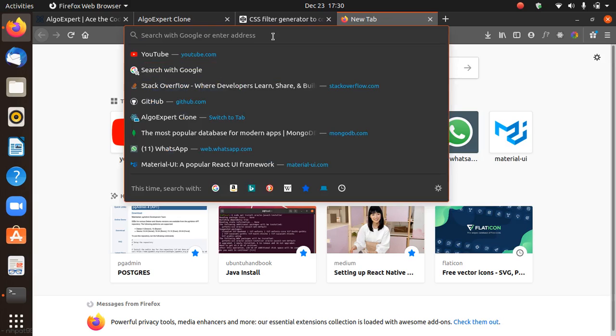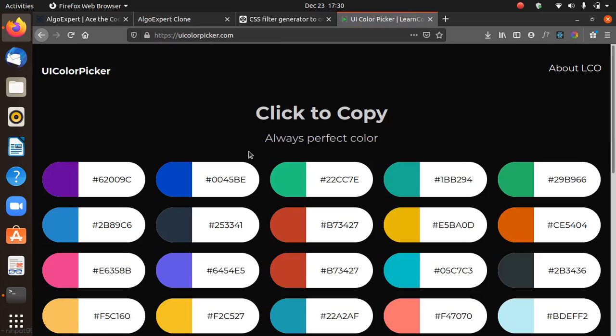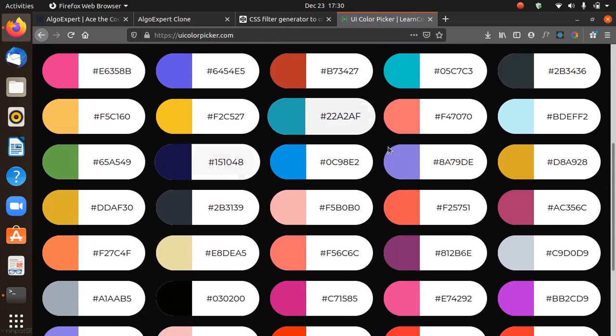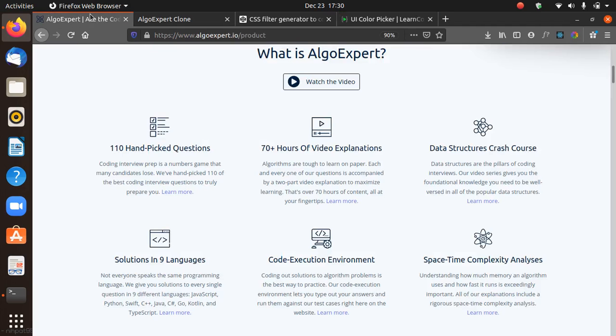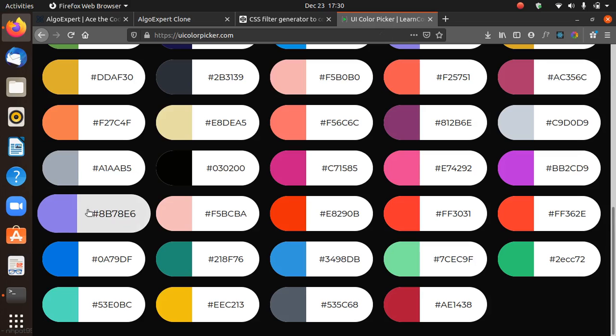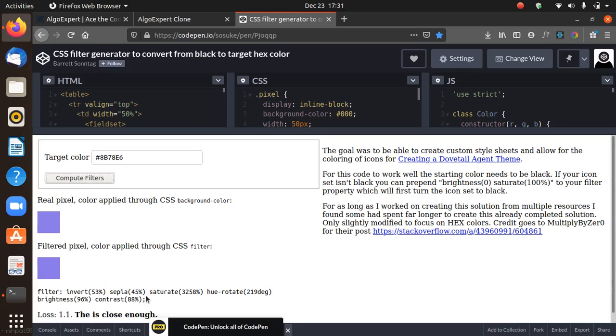So what we'll do is we'll use this UI color picker, and this UI color picker will get a light purple. So I think maybe this one should be it, or this one. Let's just try one more time. I think this one, I don't know if that's not the one, it's whatever, as long as you guys see the main idea of filtering